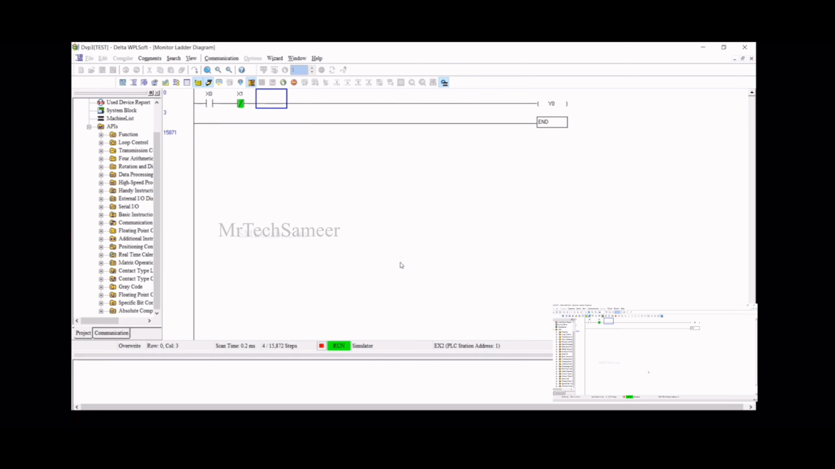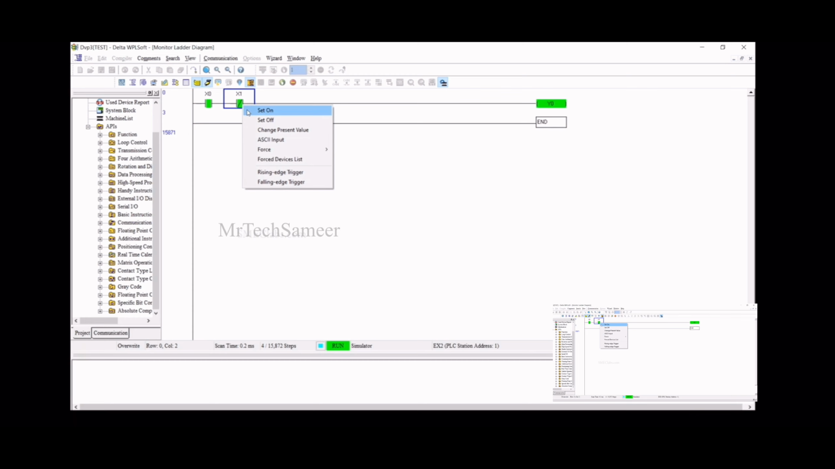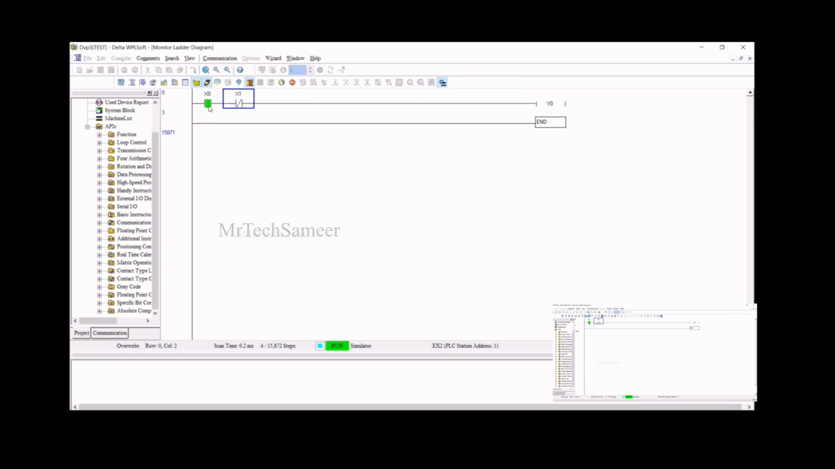Fine. Okay. Now, again, we have to turn on the X0 switch. Just select the switch, right click, set on. We'll be getting the output. When we turn on the X1 switch, we'll be getting the output off. So it interrupts the run and the output is turned off. Fine. So this is how we'll be providing the NO and NC contacts. Now again, we are moving back to the initial condition. That means we are moving back to the configuration window